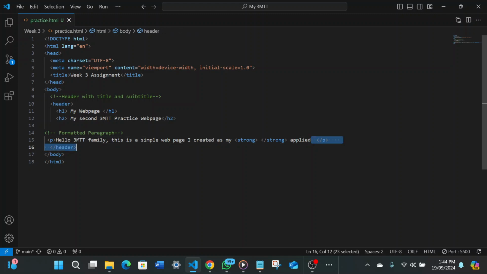And let's put applied. We want the text within the strong tag. The text within the strong tag will appear as bold. So let's input some text in there. The simple web page I created as my